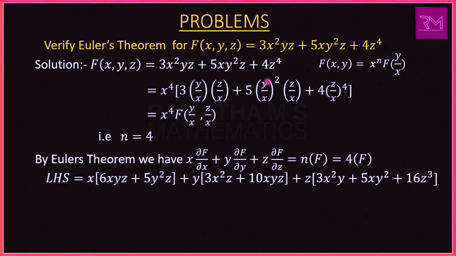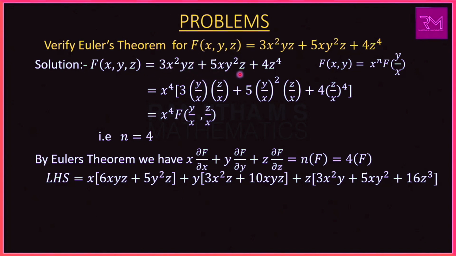The last term becomes 0. Similarly, y into del f by del y means we have to differentiate this equation partially with respect to y. Here 3x square z is constant, take as it is, into the differentiation of y, which is 1. Here we have the y square term, whose differentiation is 2y, that is 5 into 2 is 10. Hence we get y into 3x square z plus 10xyz. Here there is no y term, so it becomes 0. Plus z into del f by del z, that is, differentiate f with respect to z. We get 3x square y is constant, take as it is, into the differentiation of z, which is 1,